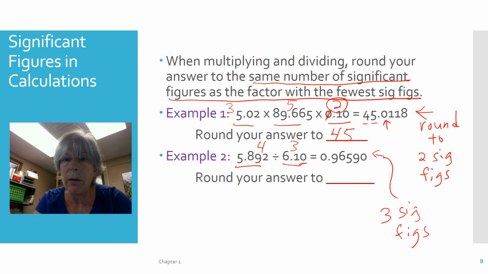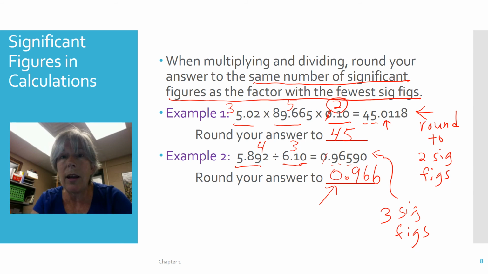So to round this number to 3 sig figs, here's 1, 2, 3. Don't count the 0 in front. The 9 makes that 5 round up. So my answer is 0.966. Notice I leave the 0 in front when I'm writing decimal numbers, and if you're going to be a